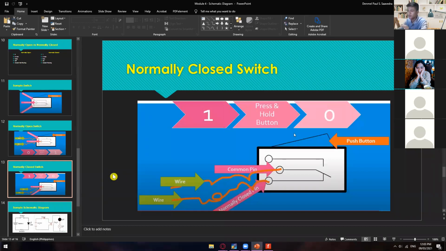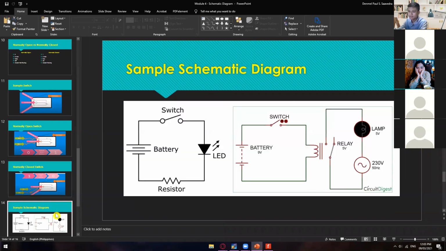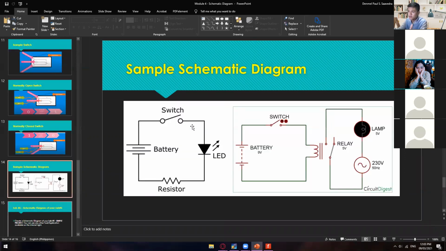Okay, so normally open is normally off. Normally closed is normally connected or normally turned on. All right, and we have here a sample schematic diagram, the one that I showed you a while ago. We have the battery, resistor, and an LED, and then we have here a switch. This one is normally open, so you have to close the switch for you to have a flow of